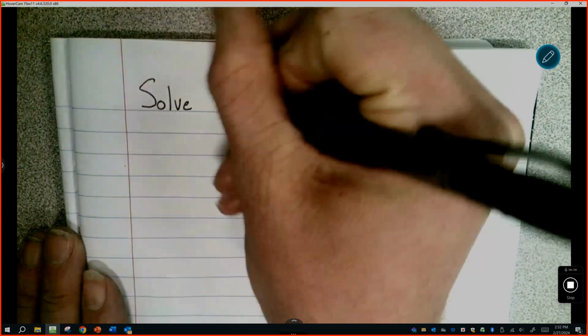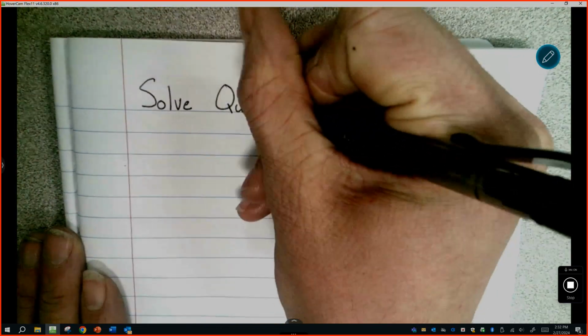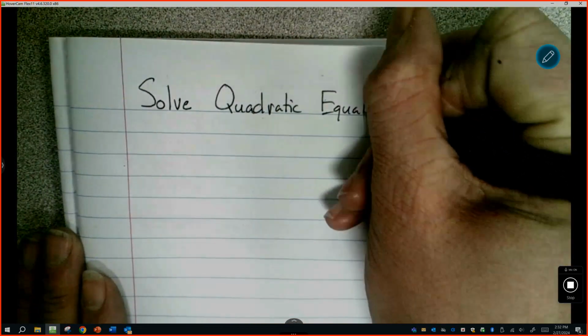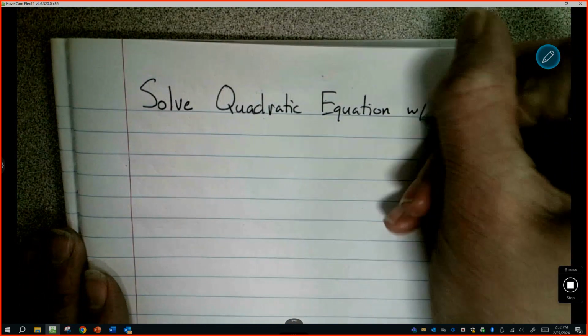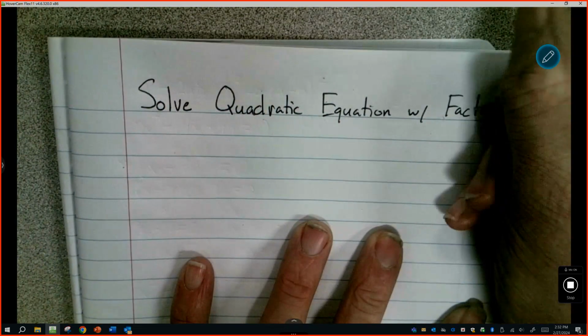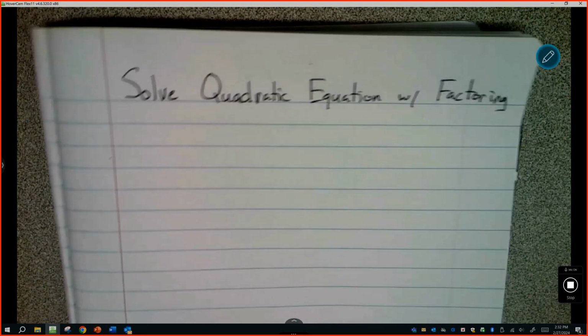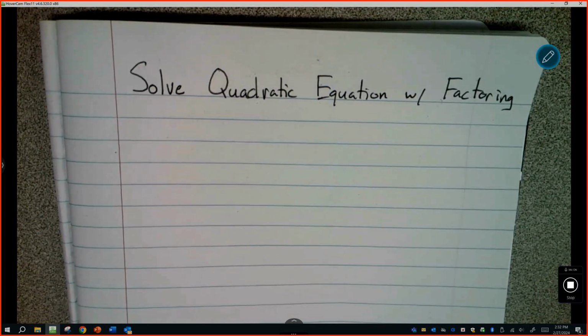All right, today we are going to go ahead and continue talking about solutions or x-intercepts to quadratic equations. Today we're going to talk about how to solve quadratics using factoring. So, solve quadratic equations using factoring. Okay, so there are three steps that we need to look at whenever we're thinking about how to solve a